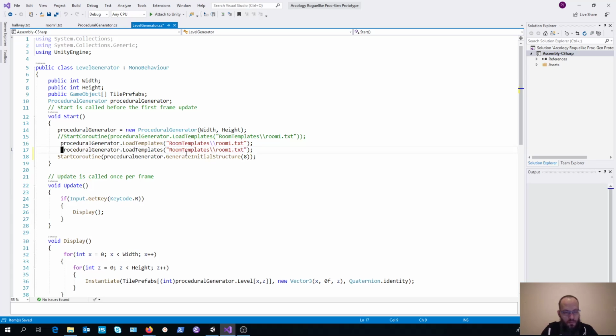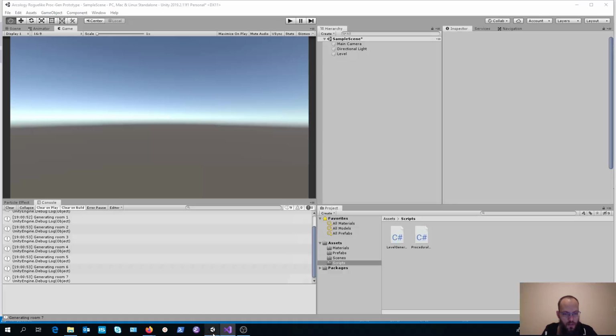So right here at the start, we can update this code to load another room. Now, eventually this is definitely going to need a coroutine, because loading from a file is quite expensive in terms of computational time, but at the moment this should work fine for us. We should get a random selection of hallways and rooms. Let's make our number of rooms 10, so we've got a nice big collection over here. And now if we run this,